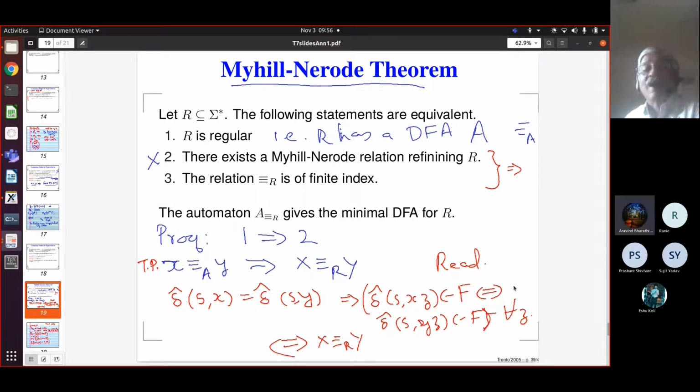Yes. Okay. So the idea is that going from 1 to 3 is trivial once you prove this property written below. Because language induced equivalence gives you this. Now, if this language induced equivalence has finitely many equivalence classes, then the language is regular. How do we prove this? We will design a finite state automaton which will accept that R. And that is what was done in the next slide.